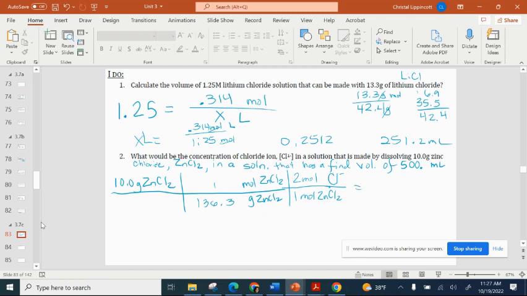Okay, so if I divide this and then multiply by 2, I'm going to end up with 0.147 moles of Cl minus. Then I need to divide this by what? 0.5. Sorry, I thought we were looking at a different thing. 0.5 liters. And that ends up being